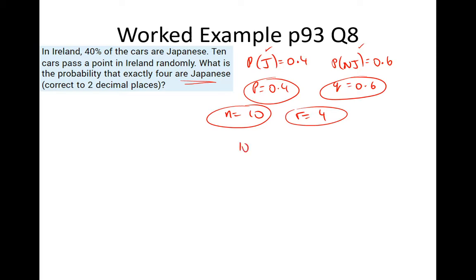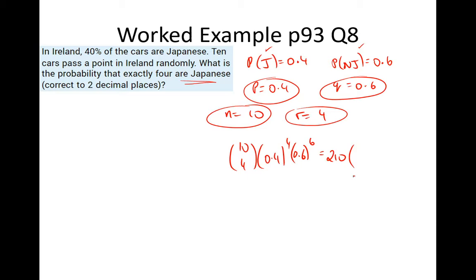It becomes 10C4. What's the probability of success? 0.4 raised to the power of 4 by 0.6 raised to the power of 6. Because don't forget, both of these have to add to 10. Okay, so 10C4 multiplied by the probability of success raised to the number of successes multiplied by the probability of failure raised to the number of failures. Now 10C4, so again, just let me work this out quickly. 10C4, and that comes out as 210,